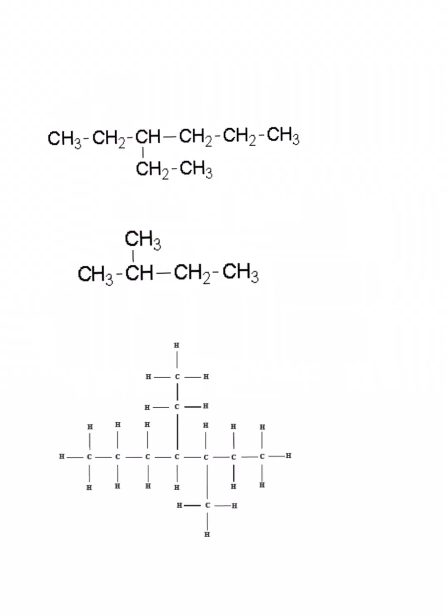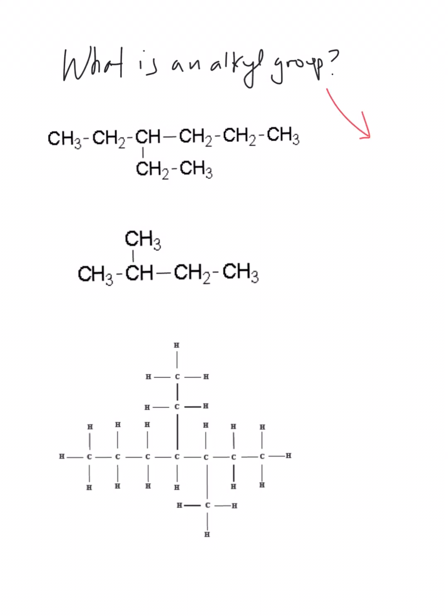Okay, I've mentioned a couple times about alkyl groups. So you may be asking yourself, what is an alkyl group? Let's shed some light on this by looking at these 3 compounds. I'll go through and label what the alkyl groups are, and then I'll confirm to you that they are alkyl groups, okay? Sometimes they're called a substituent. Sometimes they're called a side chain or a side group, but they're things that come off of the parent